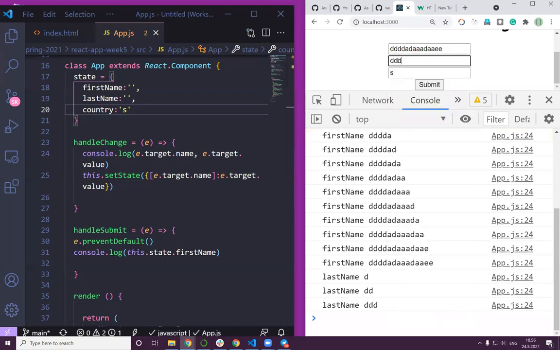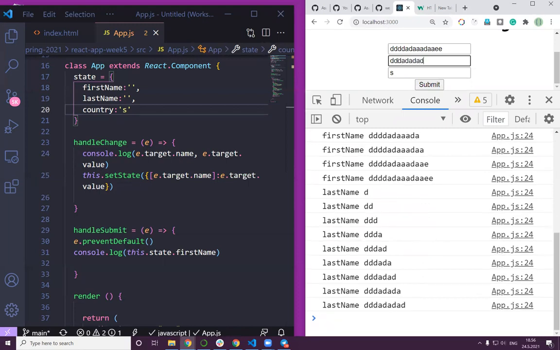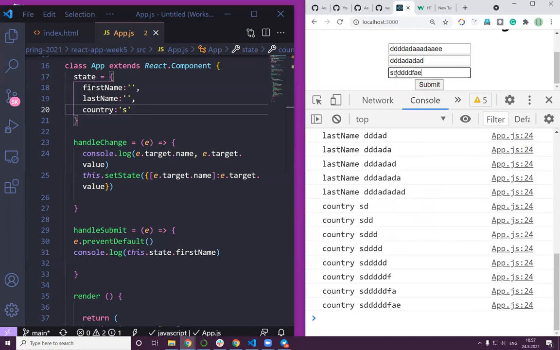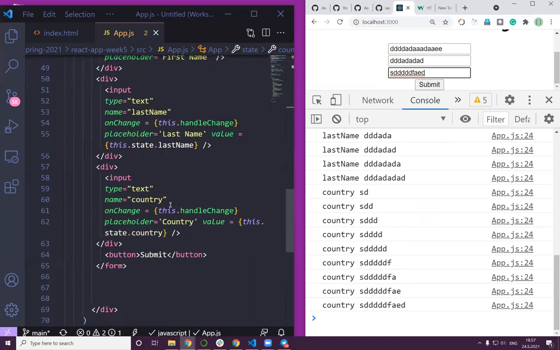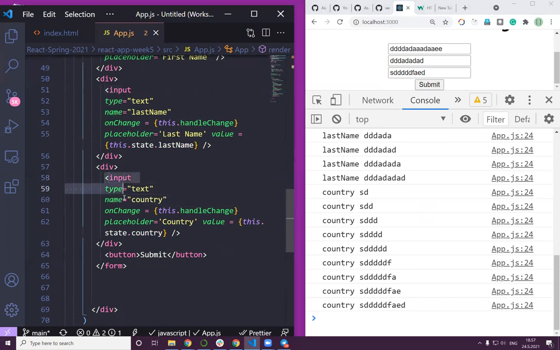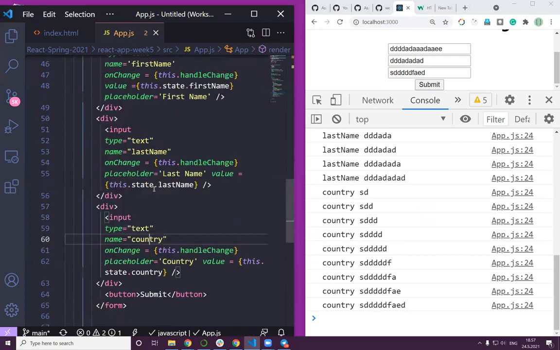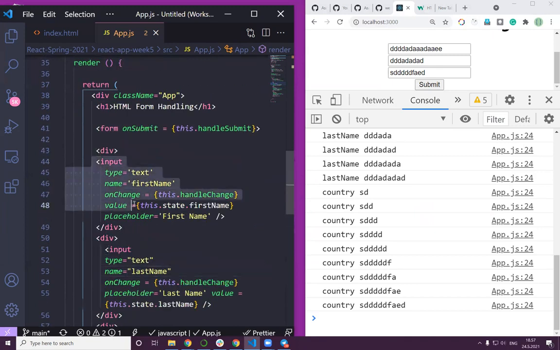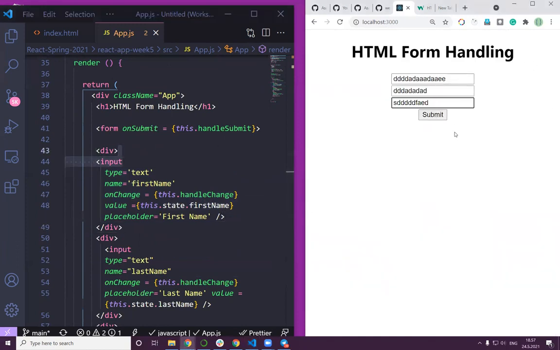Okay, let's go for this. The name remains the same because we are grabbing the name and we are using the value. Where do we get that actually? Because the name of this input field is country, the name of this input field is last name, and the name of this input field is first name. So we can make use of it dynamically. Then let's just store